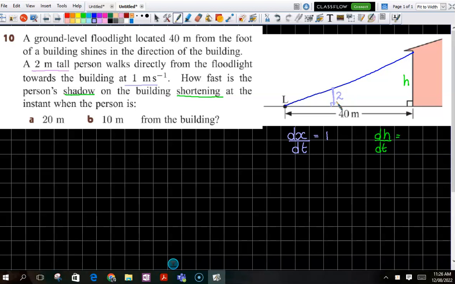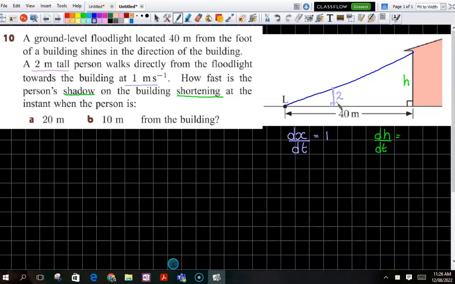We've got 40 metres across, the foot of the building. Haydo, we're still missing you. A 2 metre tall person, hope they play basketball, walks directly from the floodlight towards the building at 1 metre per second. Now,